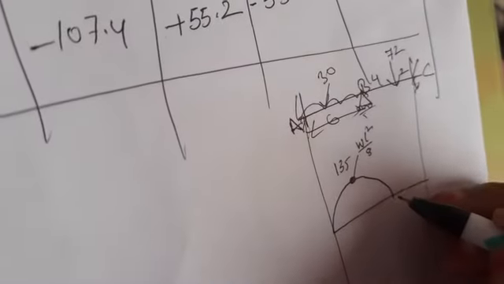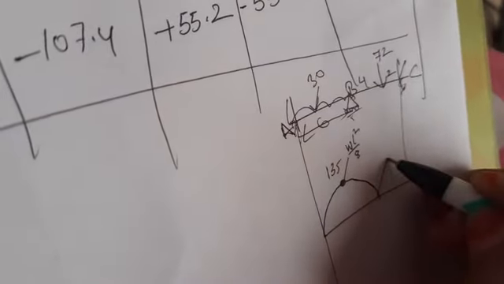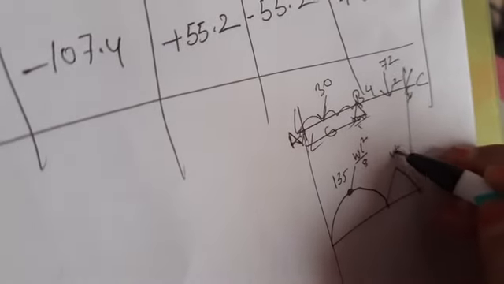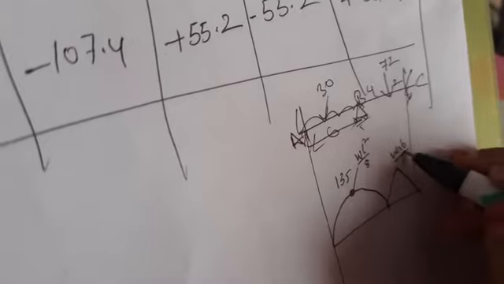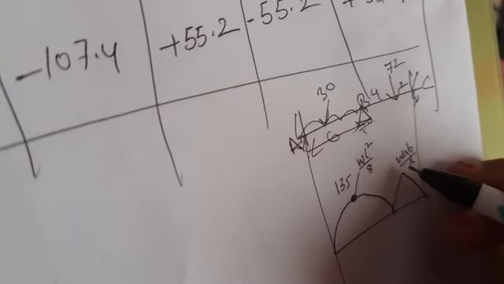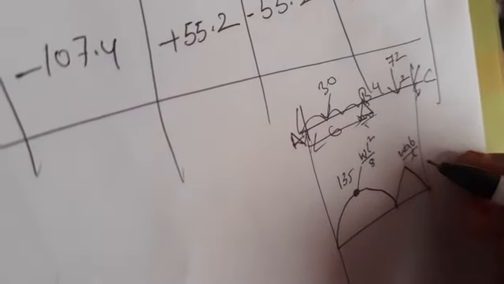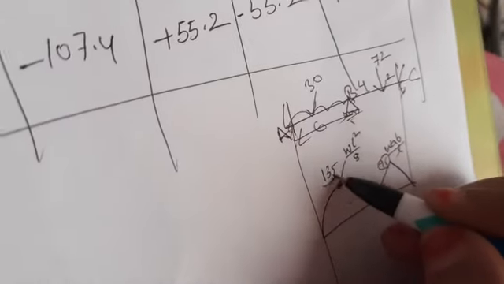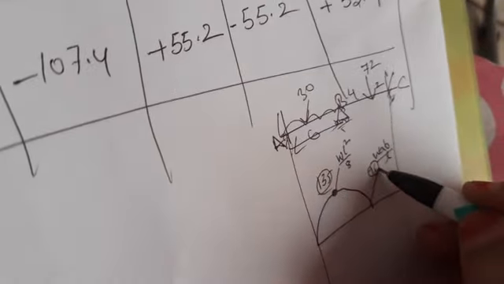Okay, next we will go for the BC. It is a point load. We will get a triangle. For this triangle the eccentric load formula is WAB by L. We will solve: W is 72, A is 4 meters and B is 2, by 6. Then we will get here 96. This is the maximum value of the two beams.